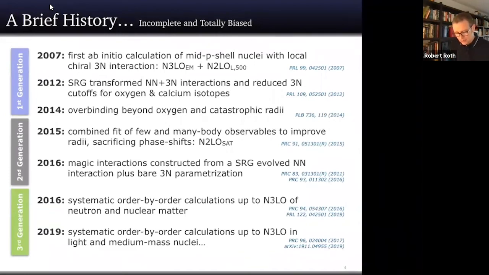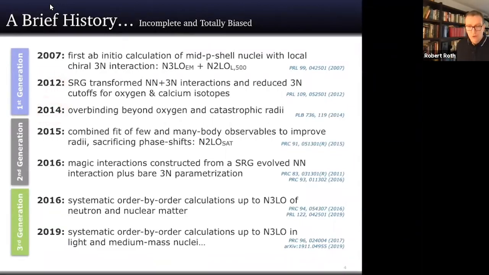And these calculations were based on one of the first chiral 3-nucleon interactions by Entem and Machleit at N3LO, and they were combined with a chiral 2-nucleon interaction at N2LO with a completely different regulator. So this was kind of patchwork, if you like. But it did work, and it was the trigger for many more investigations that went through the 2010s. So we did at some point SRG transformations for these forces. And then